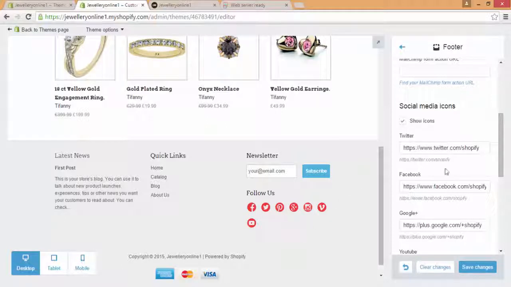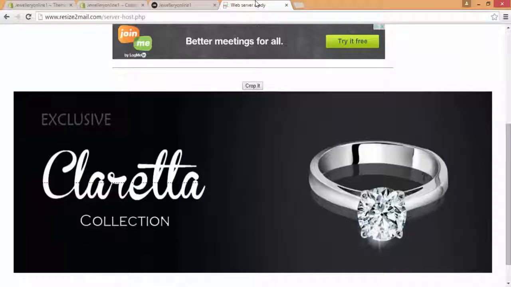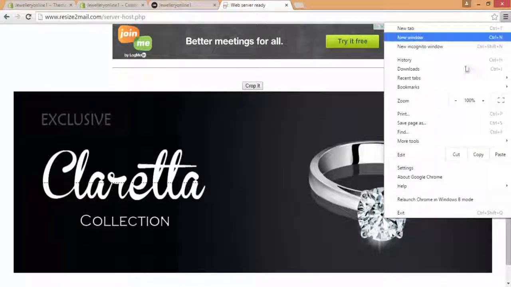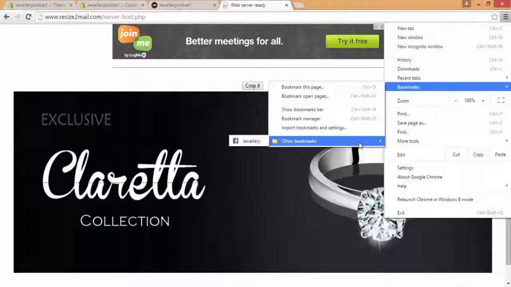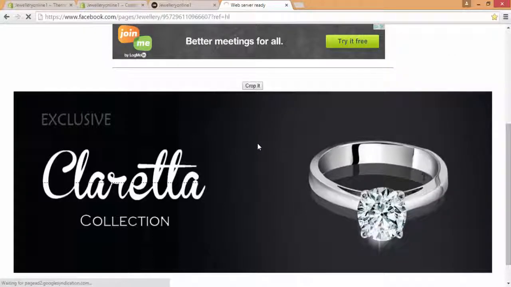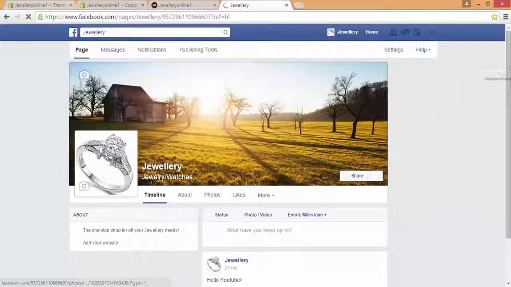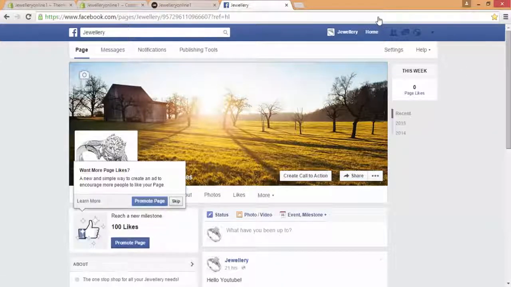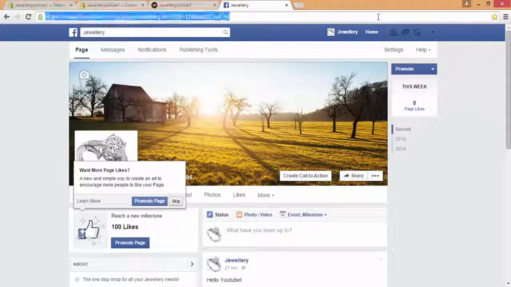So what we can go ahead and do is actually link our social media pages to these social media icons. So as an example, I've set up a dummy Facebook page. So put it in my bookmarks, other bookmarks, jewelry. So here's our dummy Facebook page. So we can just copy this link over here